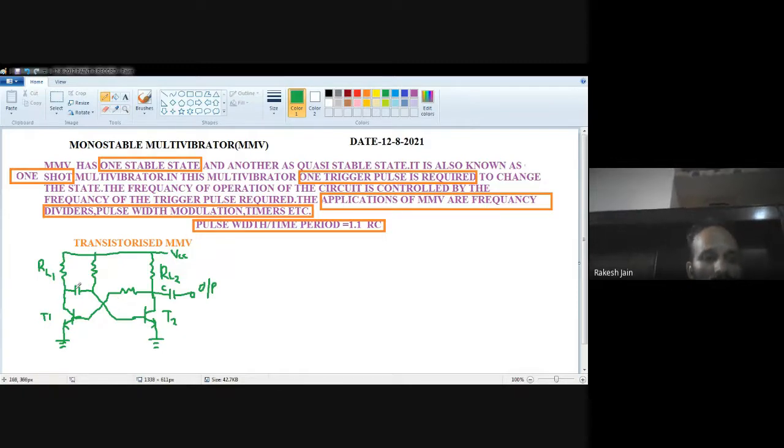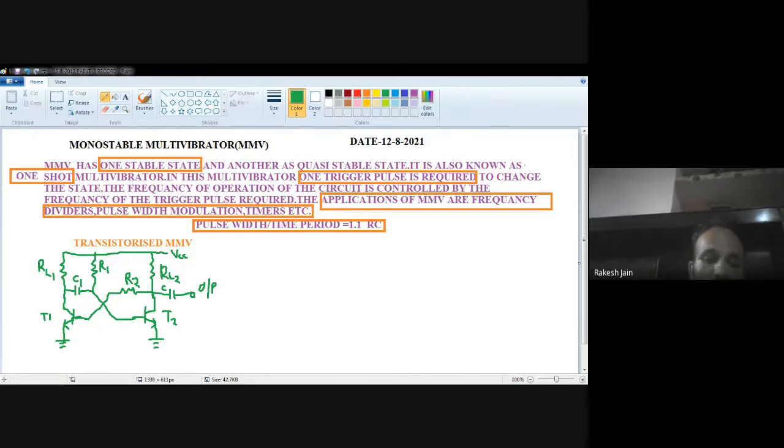Okay, now the names of the resistors, this is connected with the first. So this is C1. Now R1 and R2 names are given to those resistors. Let's suppose this is R1 because it is connected with the first transistor, and because this resistor is used for the cross coupling with the second transistor, I use the name R2.